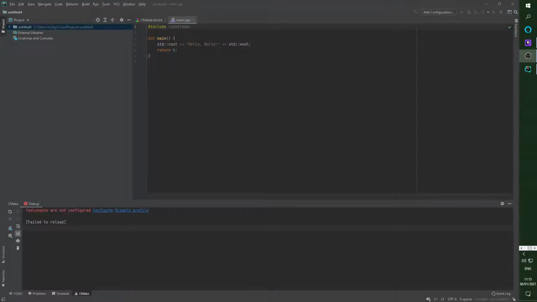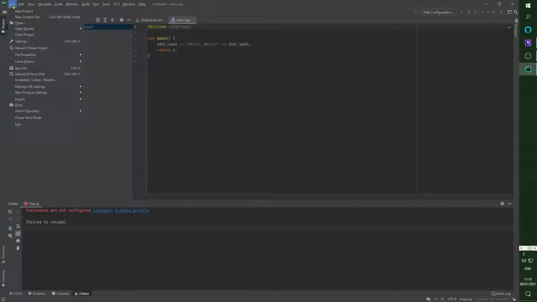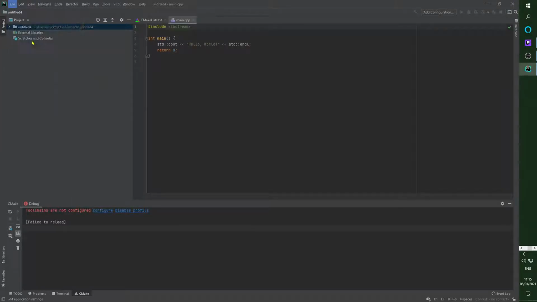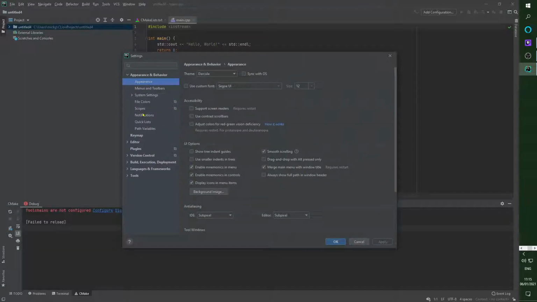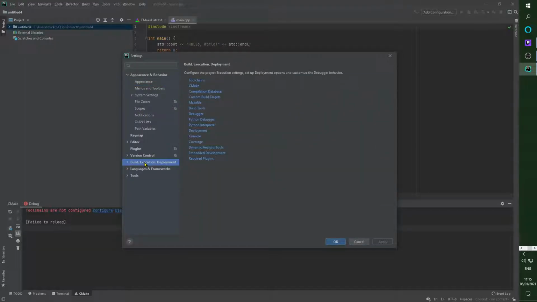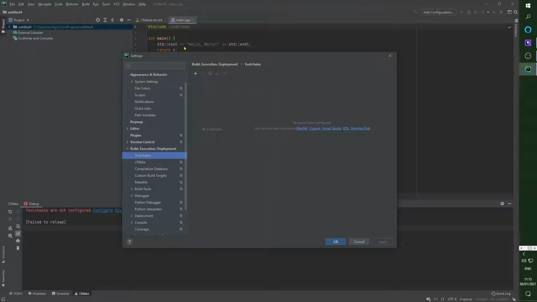Right, so the problem we've got here is that there's no way to run a hello world program in CLion. If I go into my file and go to settings, then Build, Execution, Deployment, and go into Toolchains, you'll see there's no toolchains added. So what we want to do is get and install a toolchain off the internet,